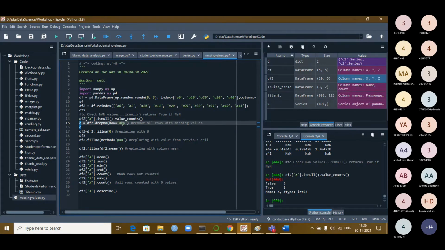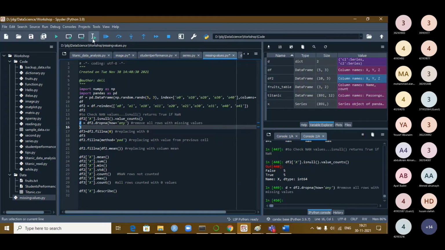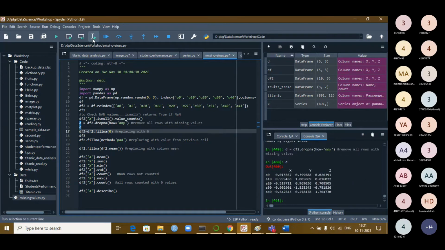That means if any NA values are available, we are removing the entire row completely. So let us try to run it. Now you show the data now. You see, you got your original data set now. All the empty values are removed. Those rows are removed from here. So this is what is happening here.